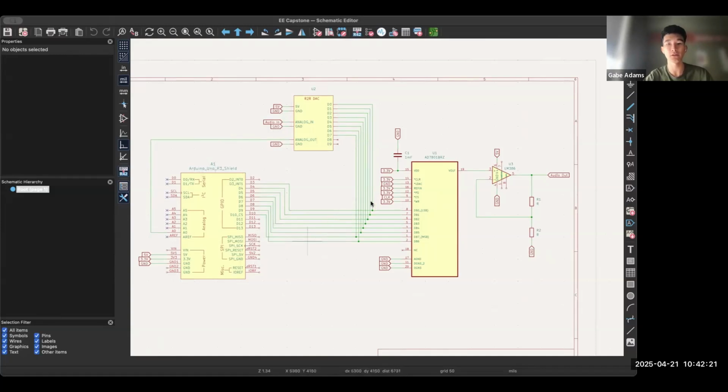There's a feedback loop here to make sure that the sampled signal is actually matching on the digital output. So that's the purpose of the feedback loop. And then once that matches, there's another DAC over here that takes that digital output and converts it back into an analog audio signal